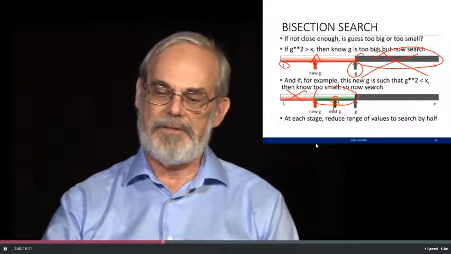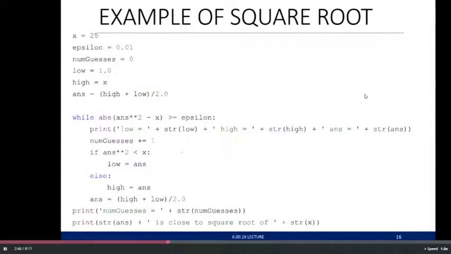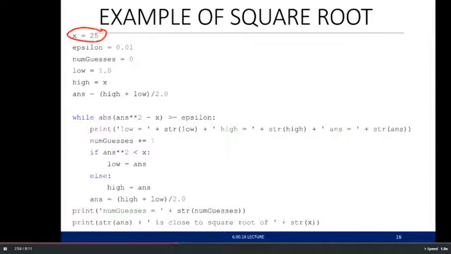Okay. What happens if we wanted to actually make code? So this is a little bit of a busy slide, but we'll walk through it. This is an example of computing square root using that example of bisection search. I'm going to start off just giving it the thing I'm going to look for. X will be 25. That's the thing I'm going to use as the root. Again, I'm going to pick something that I'm going to use to tell how close I am. And I'm also going to keep track of how often I actually run through the loop, just to compare it to what we saw earlier.